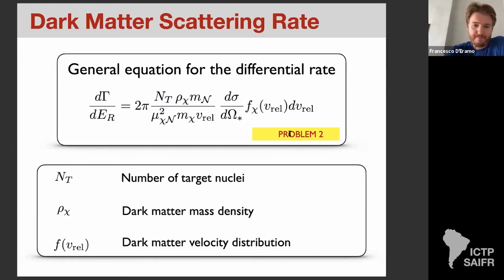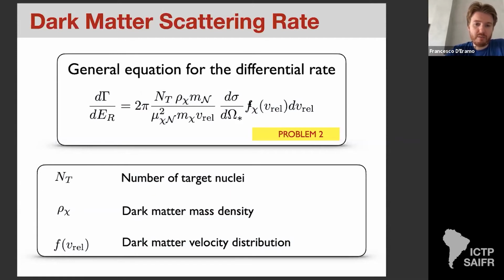And the derivation involves a few intermediate steps, but all of them are quite trivial. So if you're interested in the derivation, you can look at problem 2 and you will find all the solution with the intermediate steps. So now we will use this equation to compare with experimental bounds, because for a given model with a given cross-section,